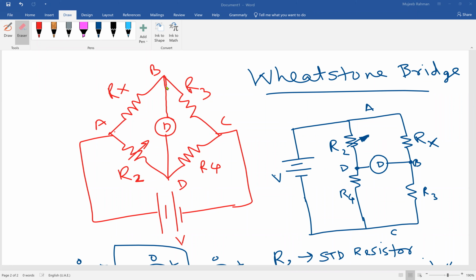Now between B and D, we connect a device called a detector, and this detector measures the presence of current here. In case there is any minute difference in the voltage between B and D, that allows some current to flow to the center zero galvanometer, and the galvanometer will indicate some reading. Even a minute amount of current can be detected by the detector here. If the voltage at B is perfectly equal to D, then the net voltage difference is exactly zero. That is the only condition when the detector will indicate zero.